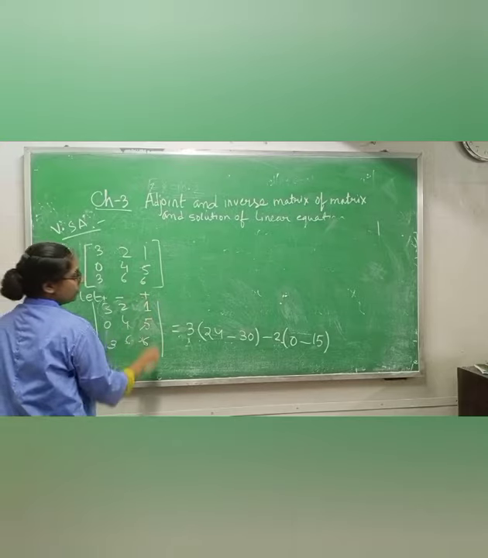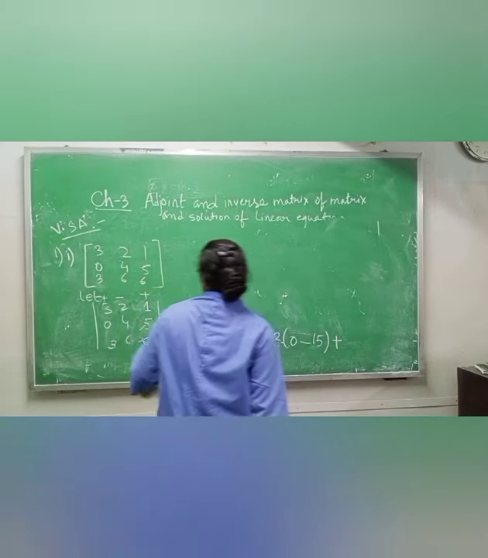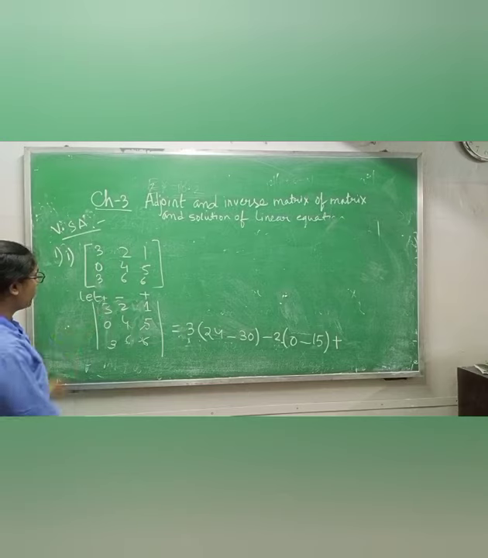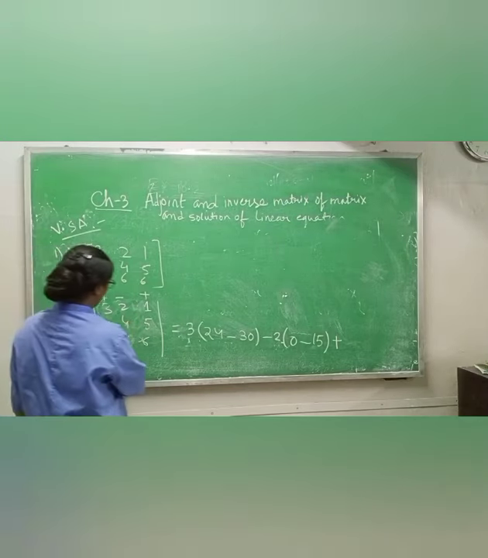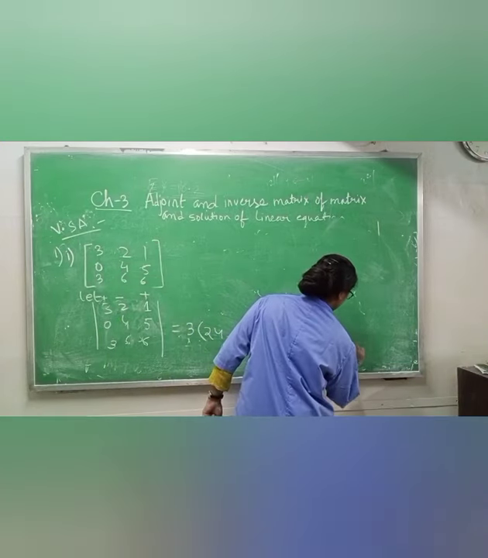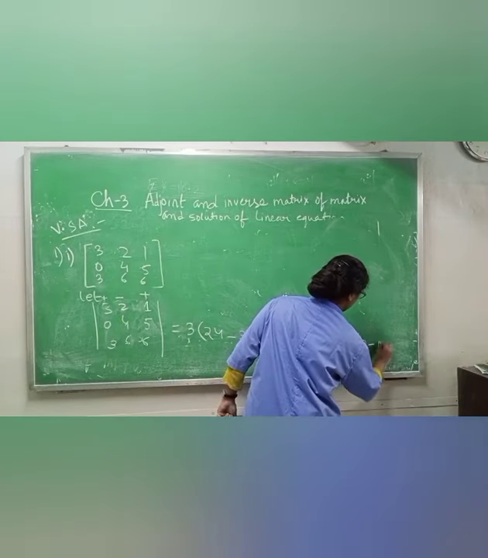Why? Because in this one we have plus. This is the rule. Now we will not see this column and this row. When we are not seeing this one and this column, what is that? This one. So 0, 6 are 0, 4, 3 are 12. So first we will write this 0, 6 are 0, 4, 3 are 12.